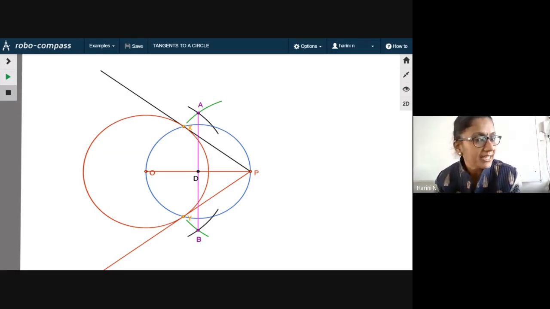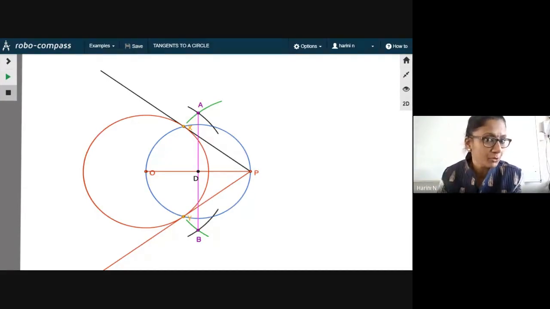Maybe the justification I will write down and text it to you later on, because I didn't find time to type it now. So quickly we will recall the steps of construction now. I'm not typing it today because I reached the class at 10:45. I was creating this RoboCompass only. So I couldn't find time to create a Word document. Now I will dictate it slowly. Please write it down because you also should be able to recall what are the steps that you have done.